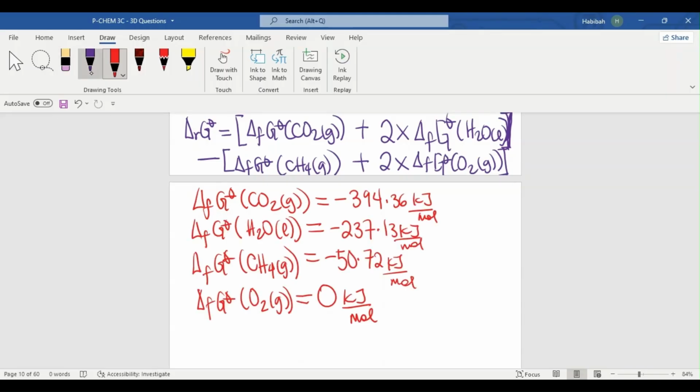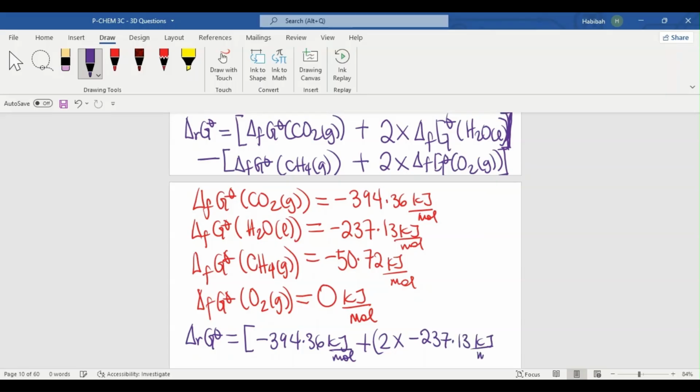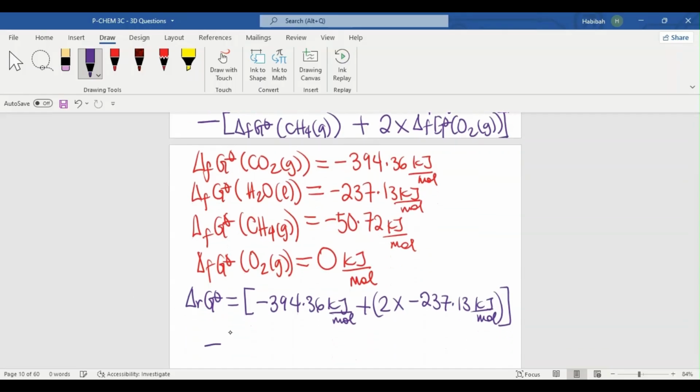So now that I've successfully written all of it, we can just simply substitute. But make sure that you always have your textbook handy just in case of next time, or in case you have another question that you have to do. So you have CO2 for the gas, you have negative 394.36 kilojoule per mole, plus 2 times the one for water, which is just negative 237.13 kilojoule per mole, minus, so we're going to do the one for CH4,